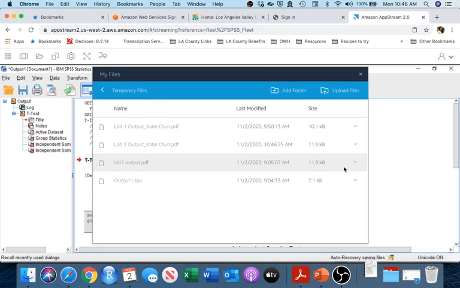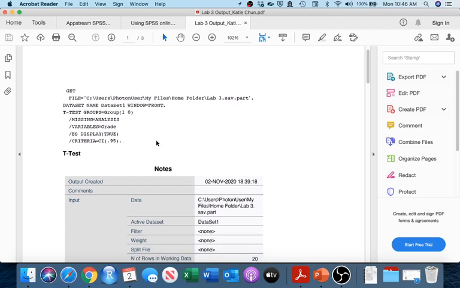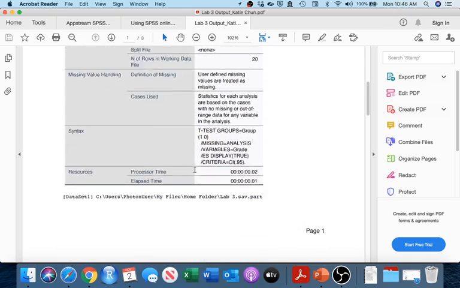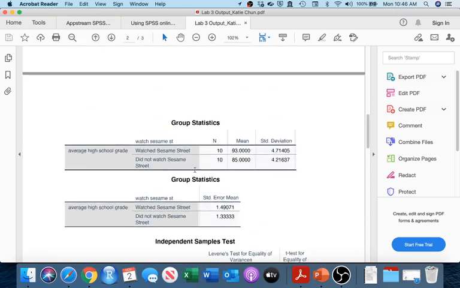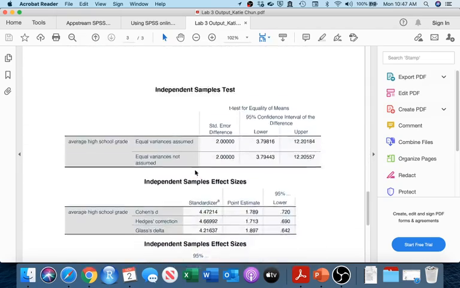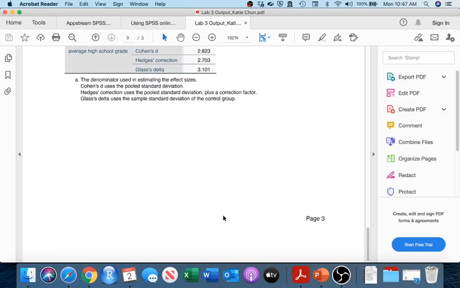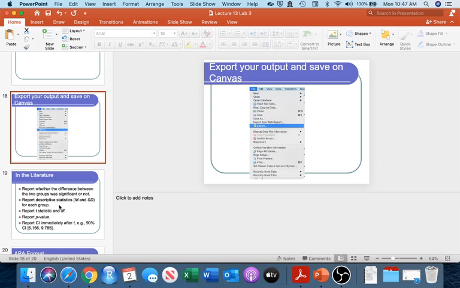Because for the lab assignment, you want to download and submit both your output as well as a write-up. So now that I downloaded my output, let's just make sure it looks okay. So always make sure that your output looks okay. And this looks fine. So this has all the information that we had. Okay. And then for the write-up,